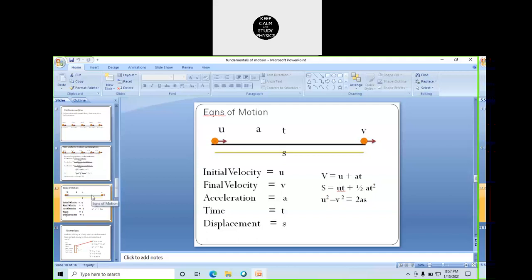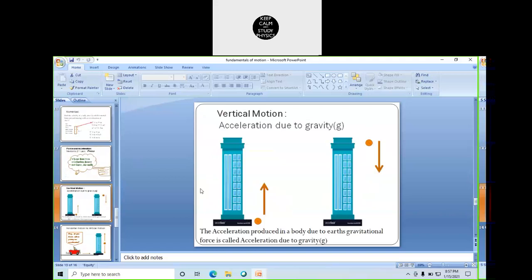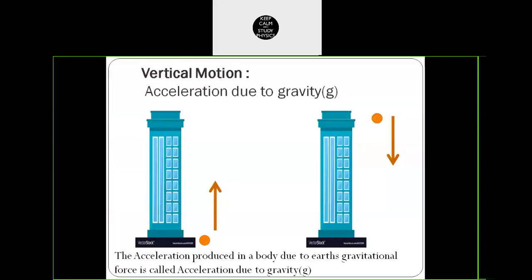Did you do this in your lower classes? Vertically projected bodies, freely falling bodies. Did you solve this in your lower classes, 9th or 10th class? Okay, right. If already you have done this, it is very good. It takes me less time to explain you, right? Now, first of all, we try to understand the freely falling body and vertically projected body, right?